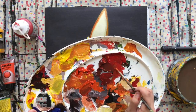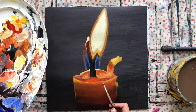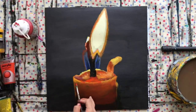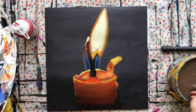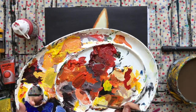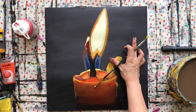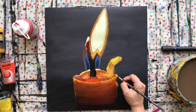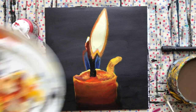Okay, now I want you to get your burnt sienna. Maybe a tiny bit of white. Alright, like that. Okay, now I'm gonna get my red color. So as you notice, guys, I keep coming back. I'm gonna get my yellow and then white. Okay, like that. Okay, I'm gonna get my